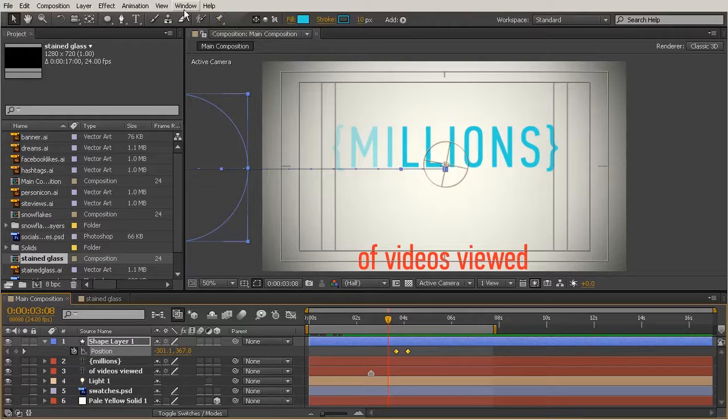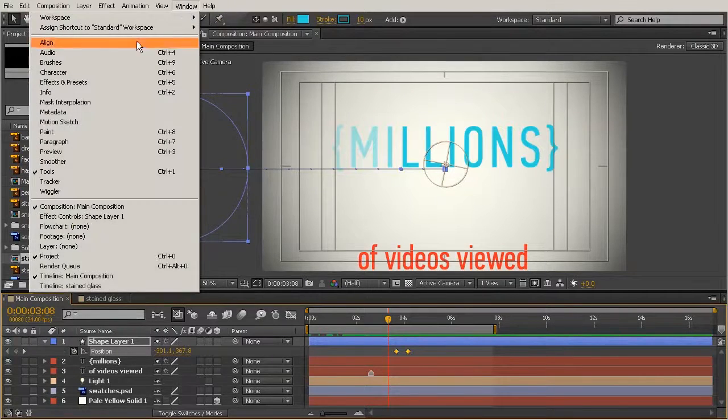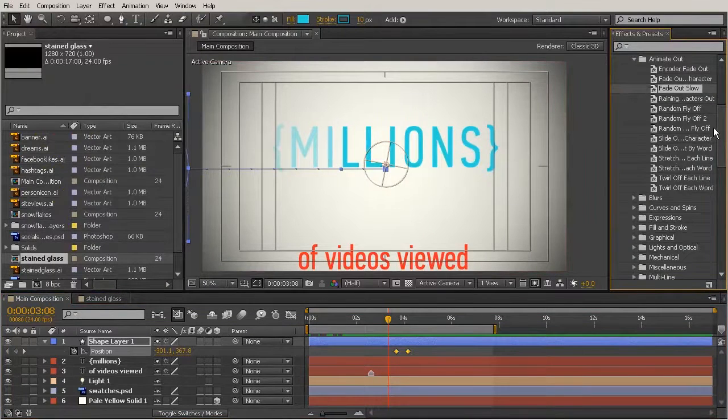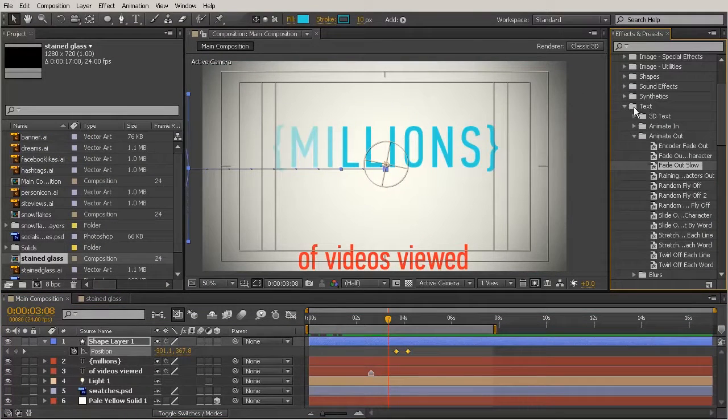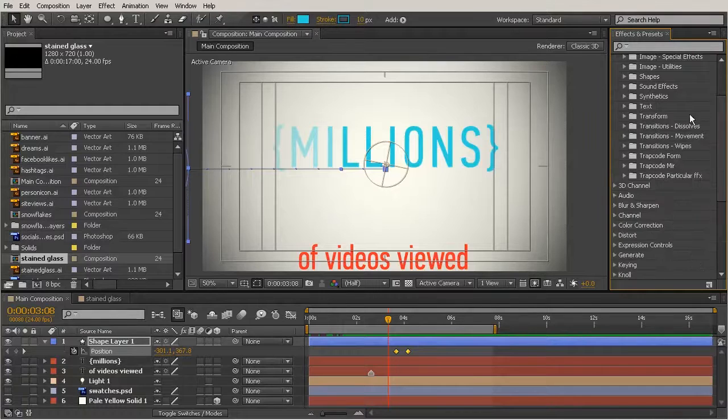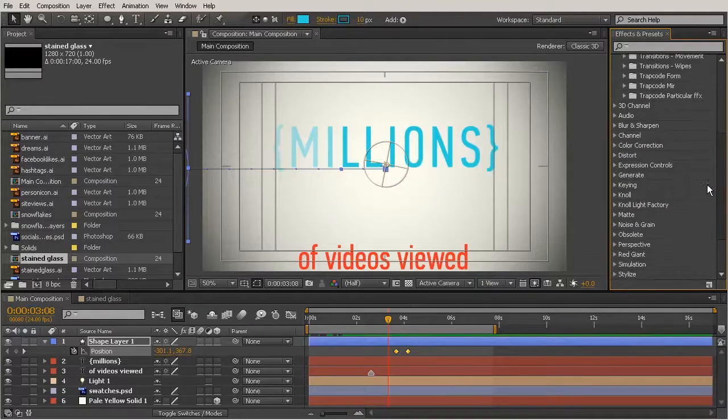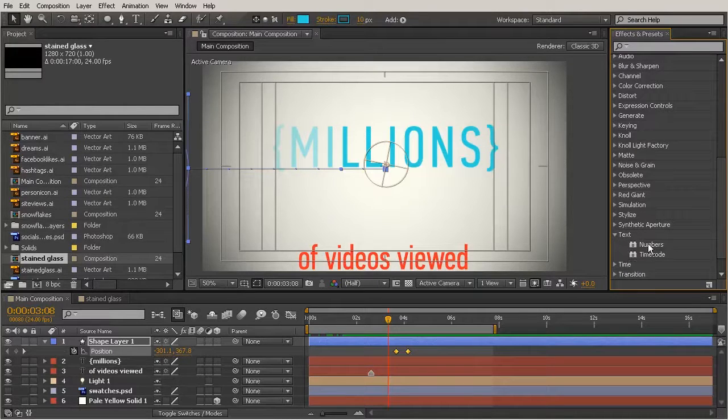So let's go ahead and bring back up our effects and presets. And so remember, we looked at this text drop down right there, but there's one other place that has the text drop down, and that's just going to be right here in the main area of those presets. So this is actually just an effect, not a preset. So if I drop that down, we see that we have these two effects right there, the numbers and time